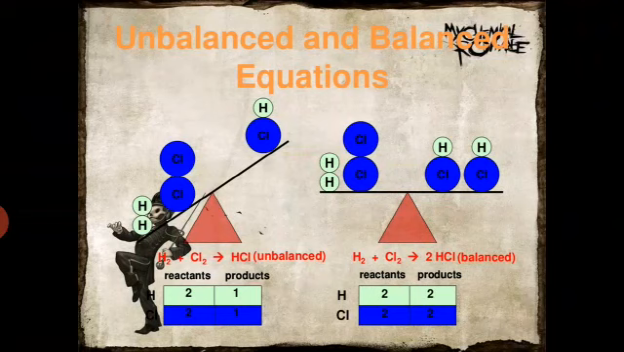Unbalanced and balanced chemical equations. See over here, you are writing H2 plus Cl2 and it is forming HCl. Is it balanced? There are two atoms of hydrogen